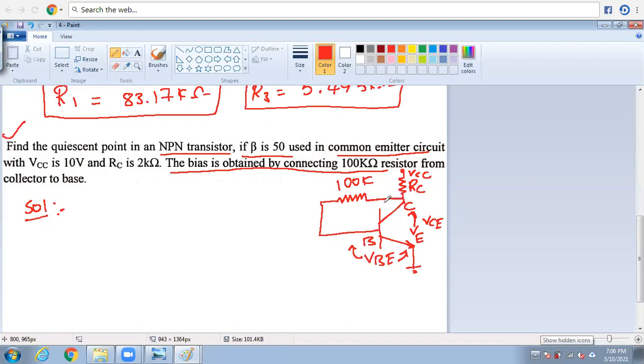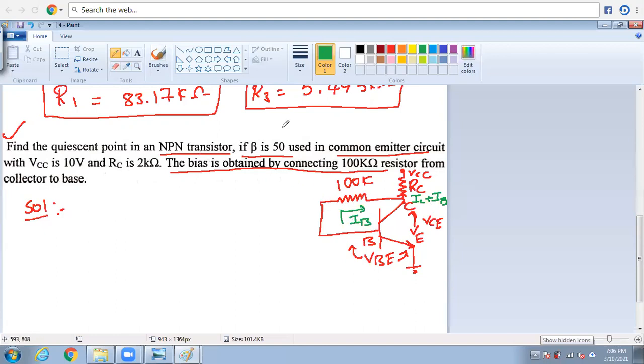Now here what happened? Collector to base means there are two currents acting here. Now what are those currents? I have indicated them with the green color. In this part there are two currents, IC plus IB. I will write neatly, then it will be easily understood. One is IC, plus the base current is given as feedback, so IC plus IB. Here this is IB.